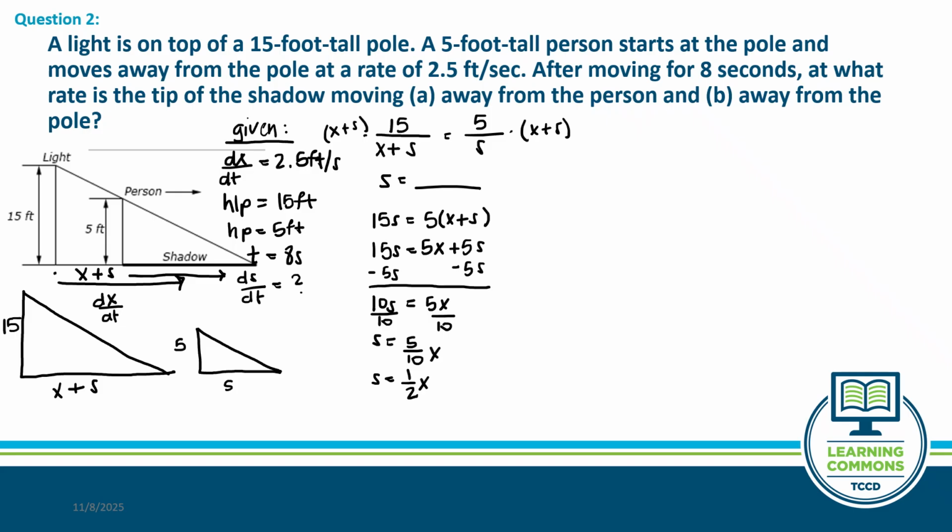Okay. So essentially this is saying the length of the shadow is always half the person's distance from the pole. So